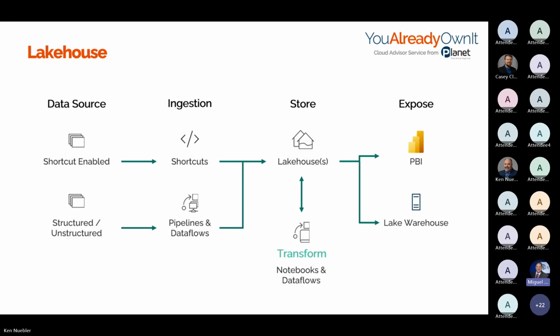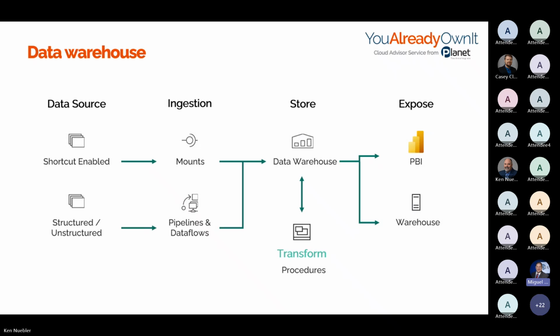Next slide, please. Data warehouse is what most people think of, and we typically think ETL, or extract, transform, and load. Again, we're still going to do that from the data sources to ingesting, and typically those are going to have pipelines. Think Data Factory here, and those are going to move into a data warehouse. But especially if I'm doing it in Parquet files, I can transform those things on the fly, and even ultimately place it in a true data warehouse with a transform after it's hit that quote unquote data warehouse of our lakehouse.